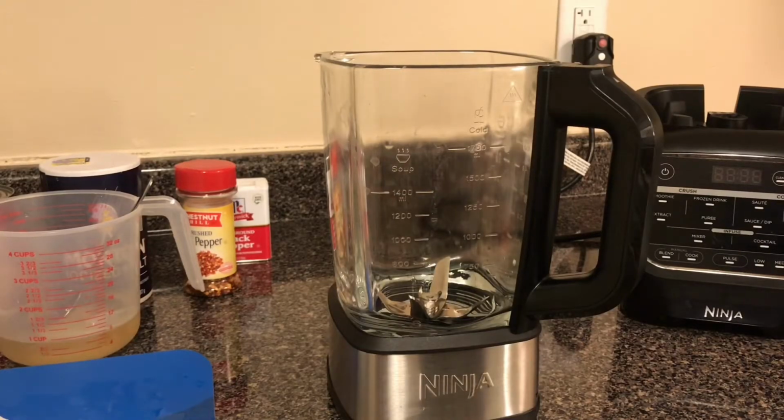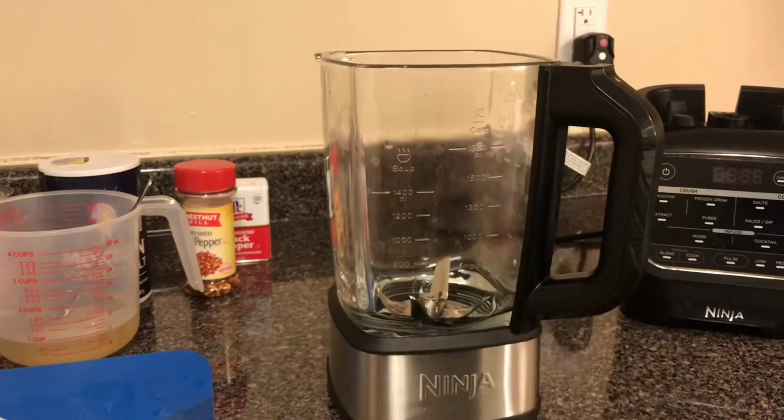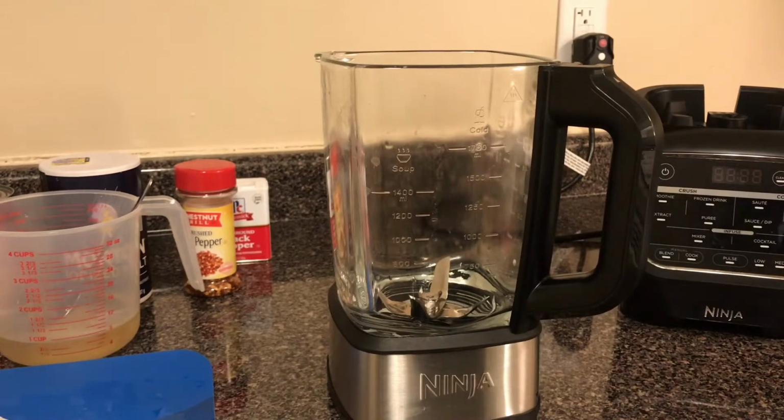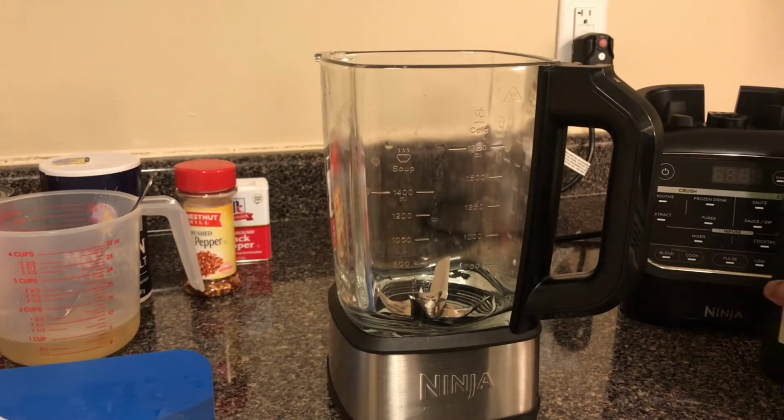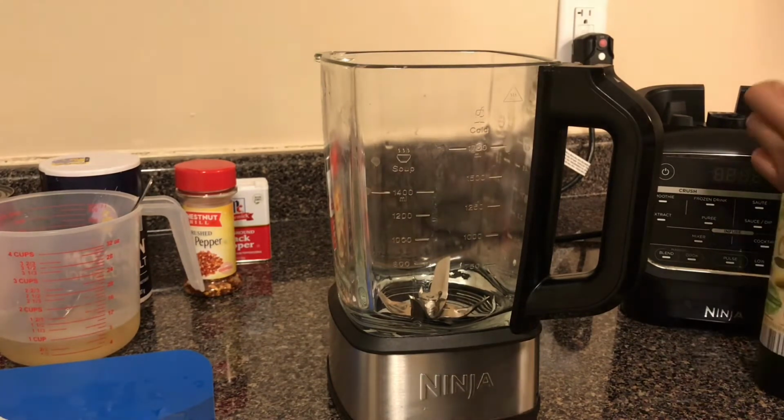So now what we're going to do is add the olive oil, onion, and salt to our blender. What you're going to need is 3 tablespoons of olive oil,